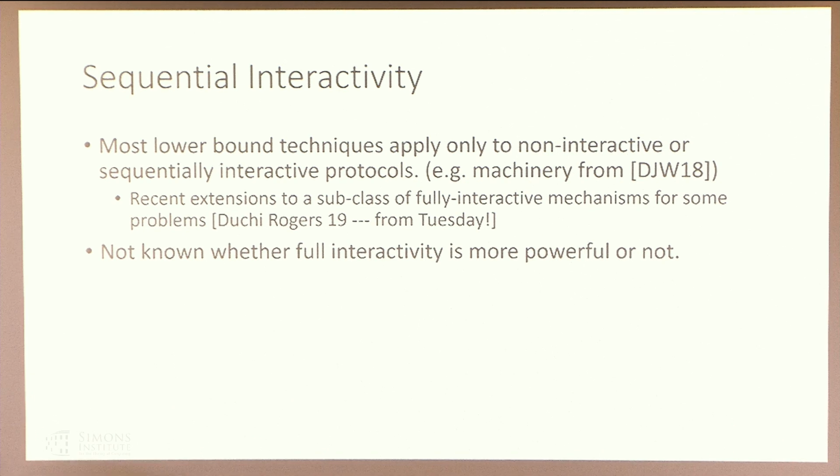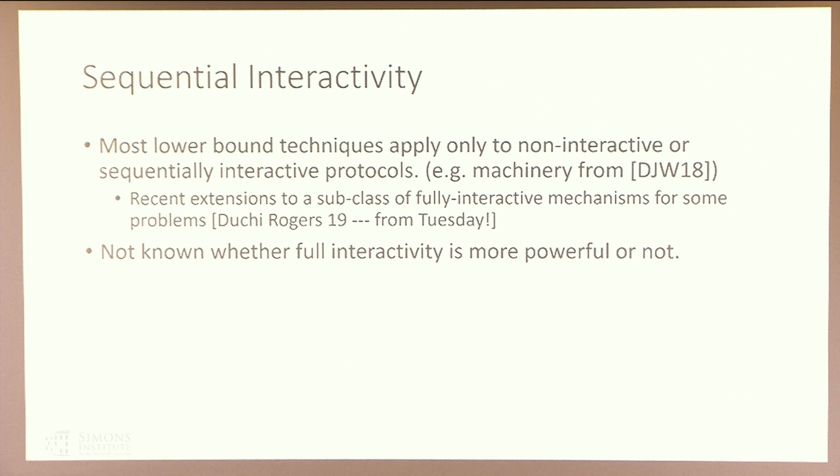So many of the powerful lower bound techniques, including those developed in the seminal work of Duchi, Jordan, and Wainwright, for proving lower bounds in the local model for interactive protocols, hold only for sequentially interactive protocols. Okay, and we saw a talk by John on Tuesday. Well, I watched it on video. I wasn't here, but many of you saw it,